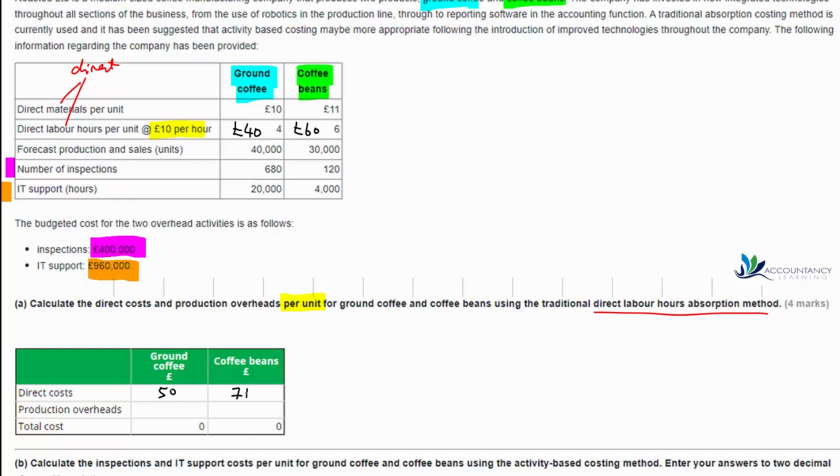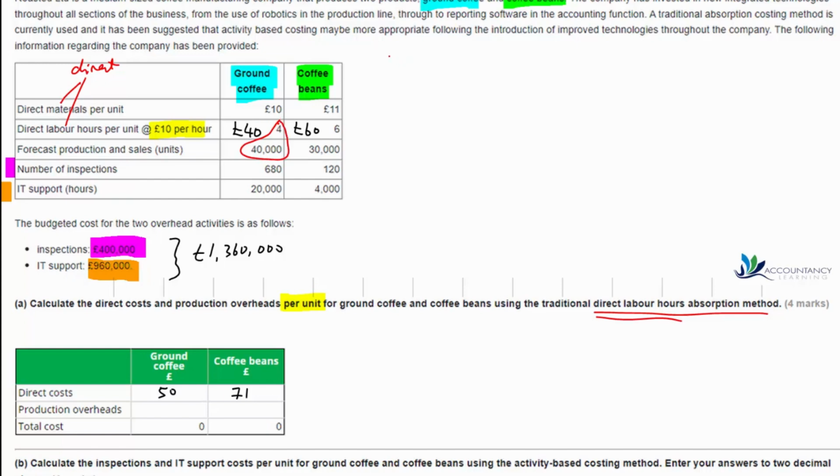And then what about our production overheads? What we're going to do is recognise that in total, our production overheads amount to £1,360,000. And what we need to do is absorb that cost into each unit. So we need to identify how many units we are going to make. Well, it's not unit absorption costing, it's based on the number of labour hours. So we need to work out the total number of labour hours we're going to be using. So for our ground coffee, we're going to make